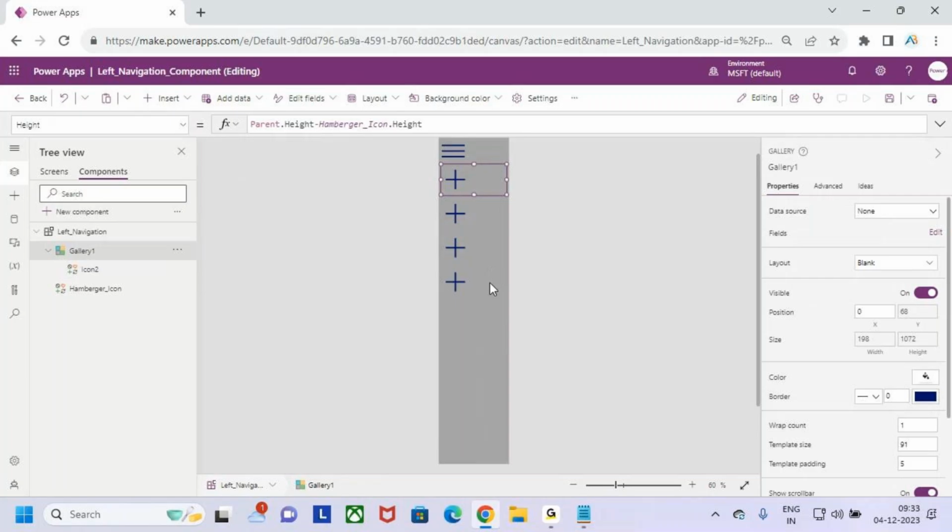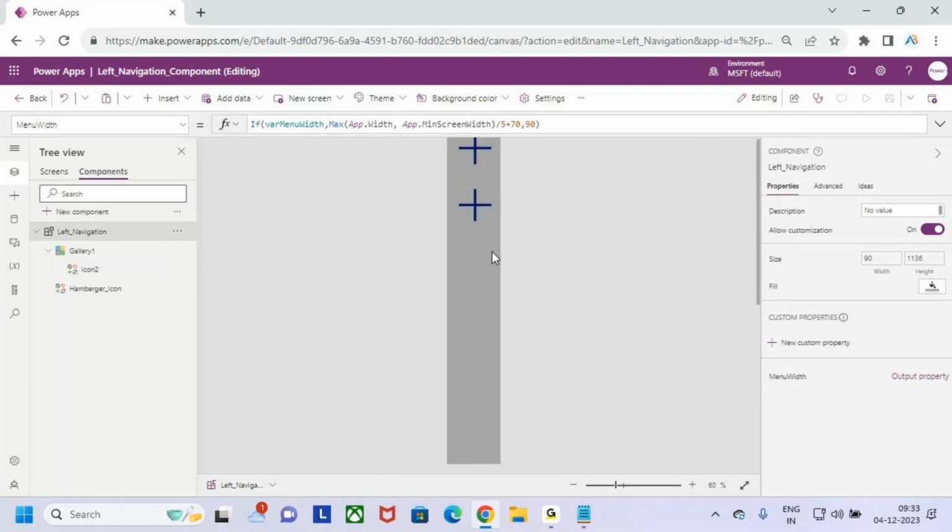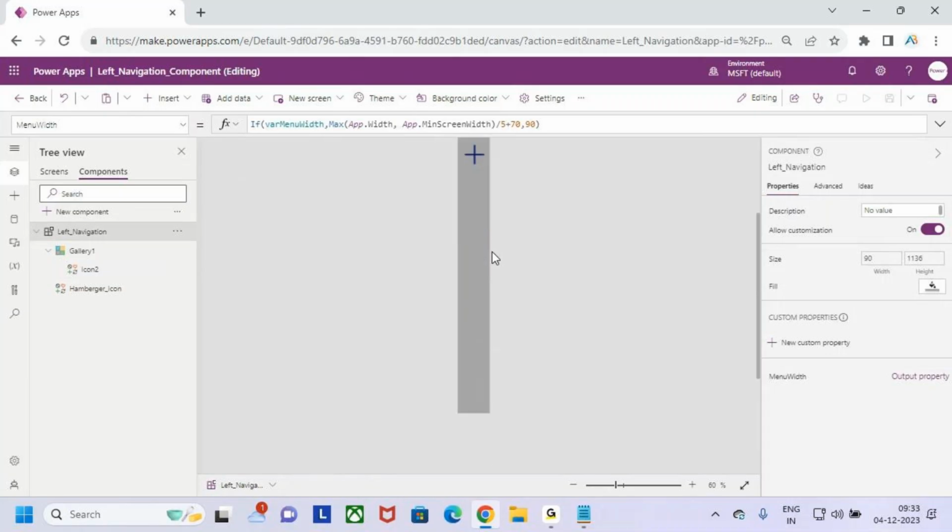Fine, let me keep it like this. Now I'm adding the icons. Along with the icons, I want to keep some text also. Before adding the text, let me show you what happens now. Let me save it and Alt-click on this icon now. Now see, if you observe,